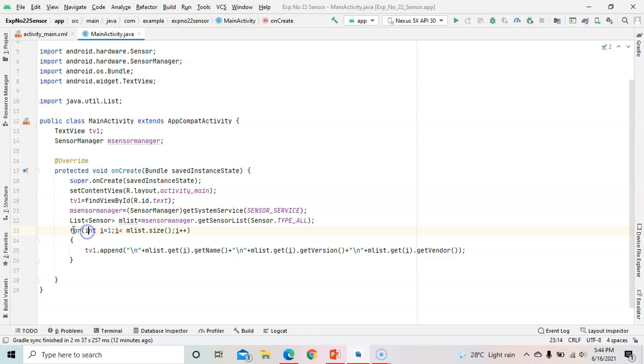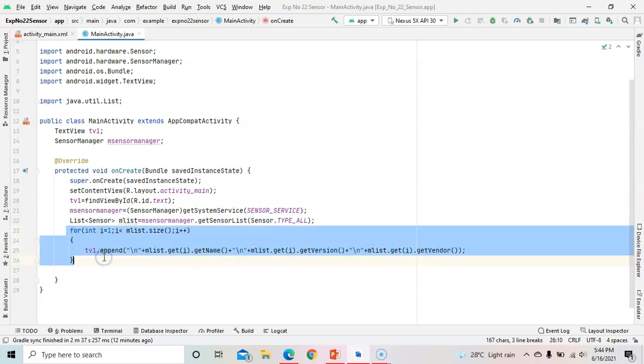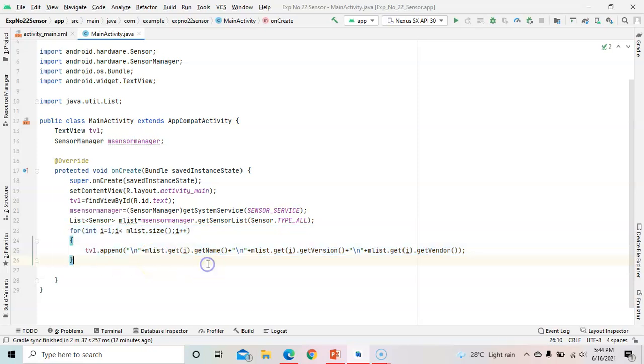Now the next is we need to take a for loop, so that until the sensors are over, it will show you all the list: the name of a sensor, the version of a sensor, and the vendor of a sensor. So in this for loop, if I is equal to 1, I is less than AMList dot size.